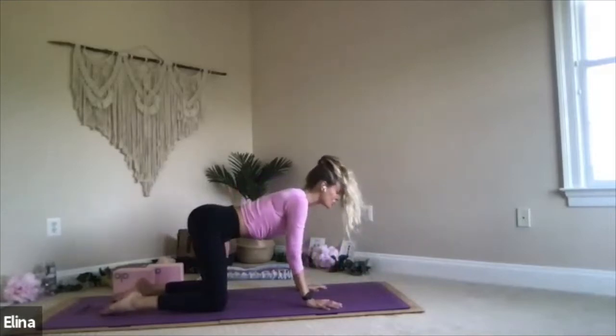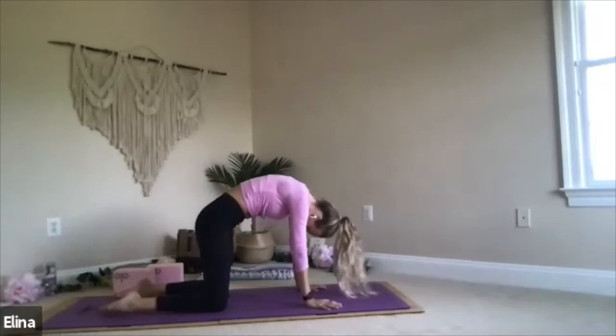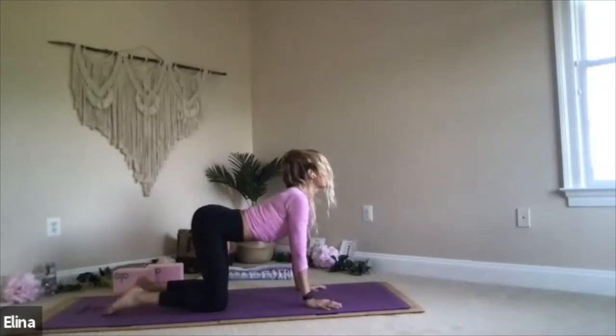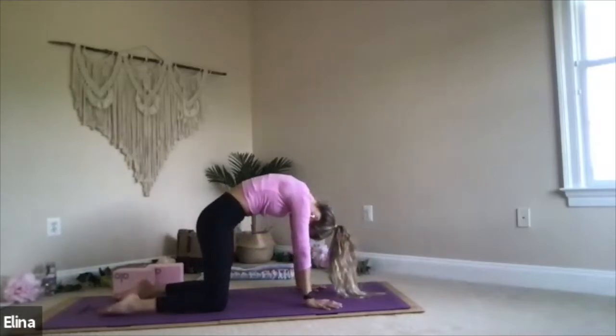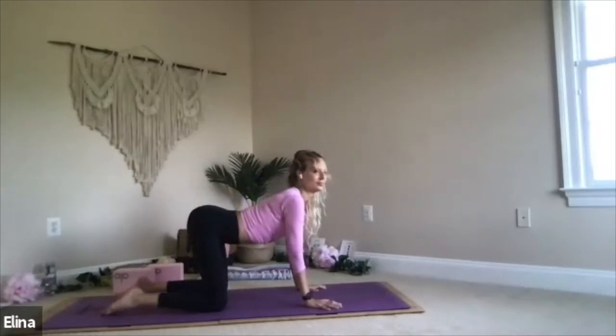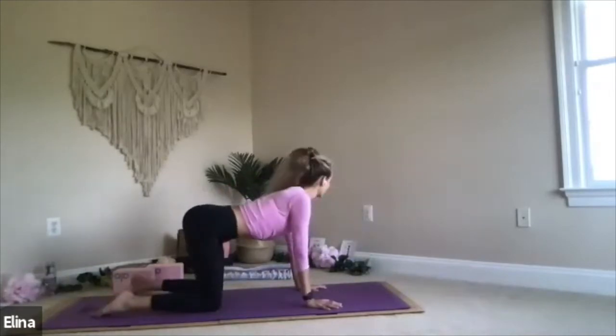Inhale back to cow pose. Tailbone up, chest comes through. Almost imagine pulling your hands towards your feet here to open up the chest. Exhale, cat pose. Do two more here, your own breath. Inhaling to cow and exhaling to cat. Good. Okay, from here,